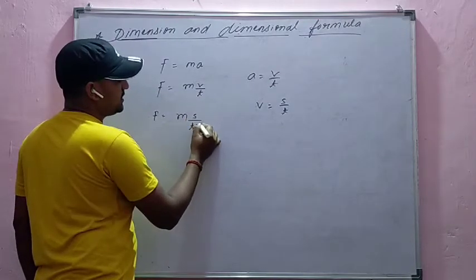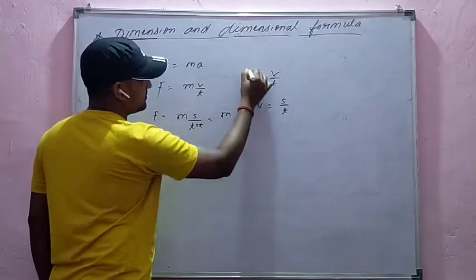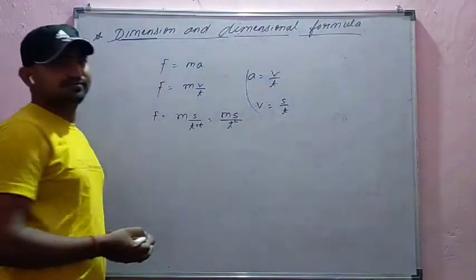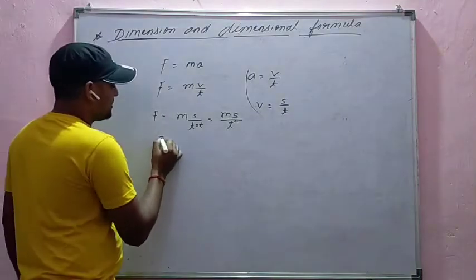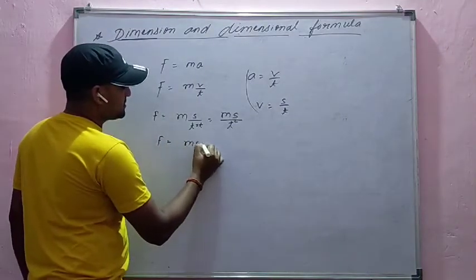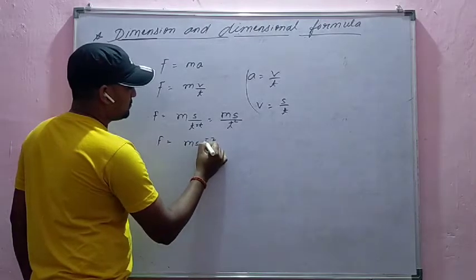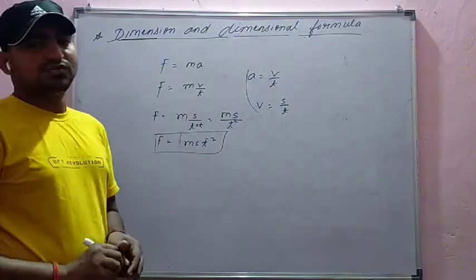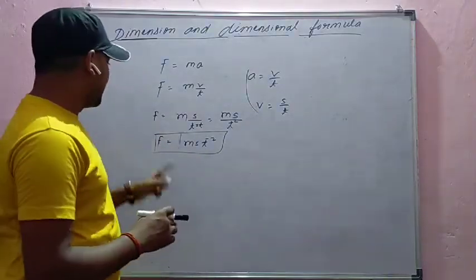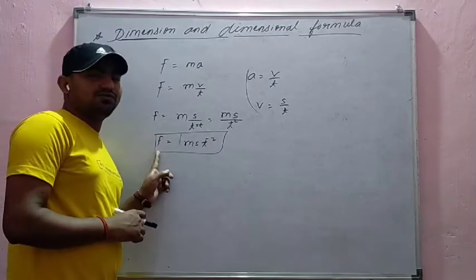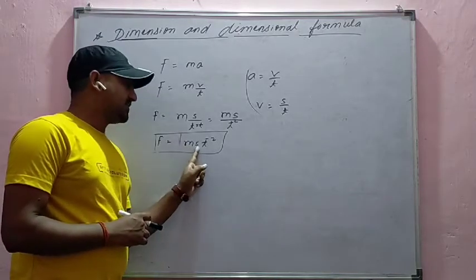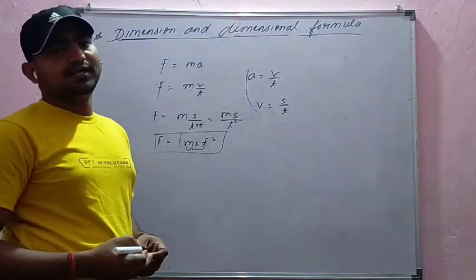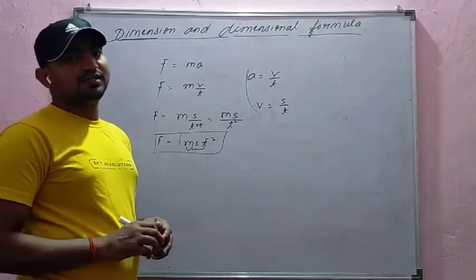and it is also t here. Therefore it will be what? It will be ms by t square. As you know, you can see here after ms t minus 2, it will be or not? F is equal to ms t minus 2, it will be or not? You can see here in the formula of force, here is mass, displacement and time, and you can see here these three physical quantities are fundamental physical quantities.